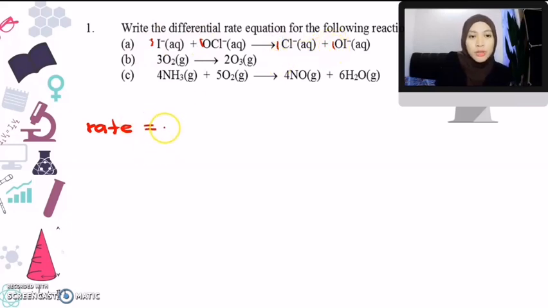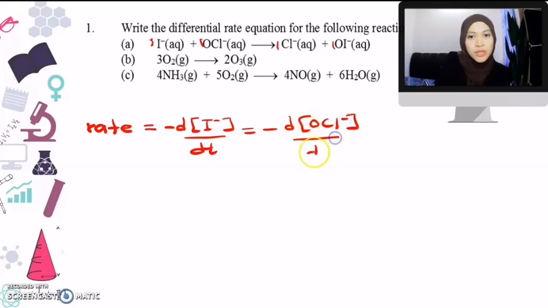So to write the differential equation, rate equal to, so this is our reactant. Reactant will decrease in concentration, so d[I-]/dt equal to negative d[OCl-]/dt. Okay, now product equal to positive